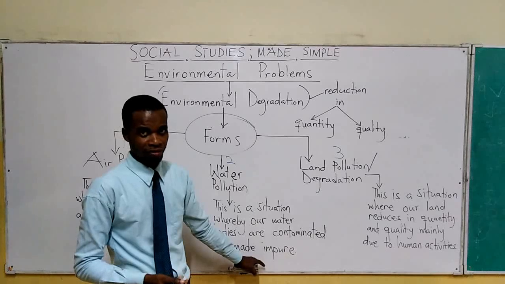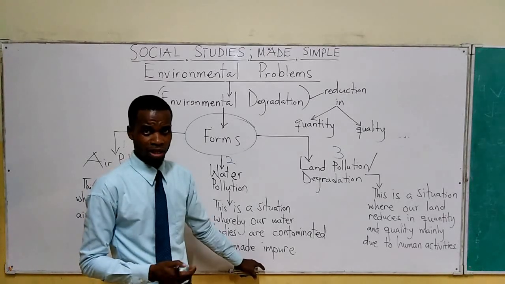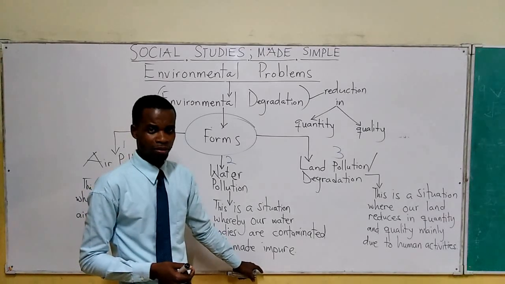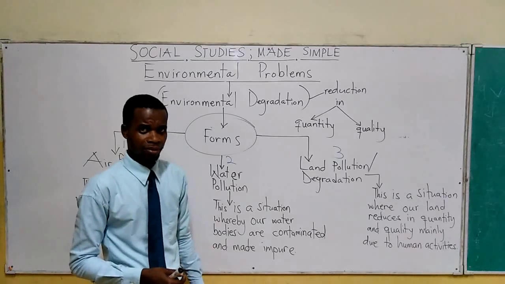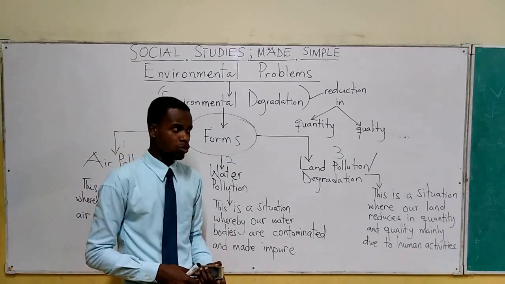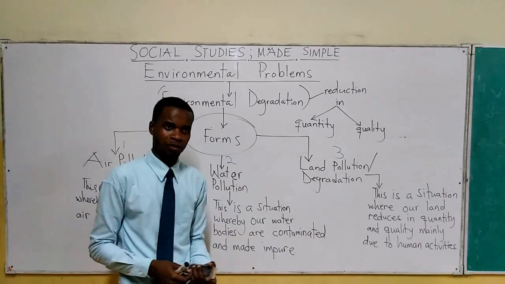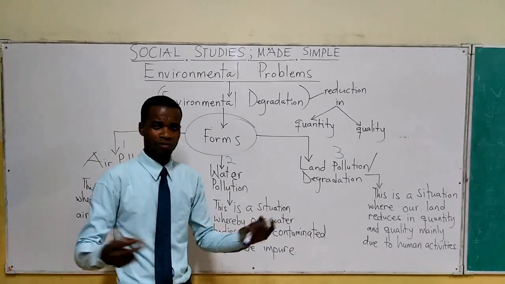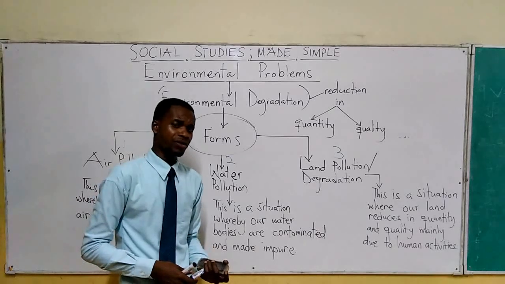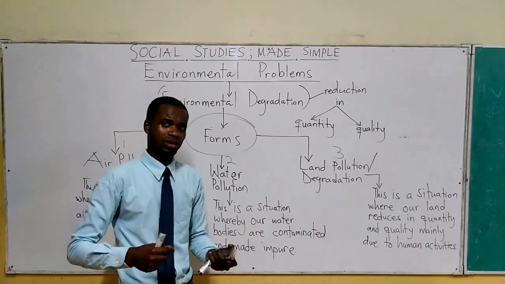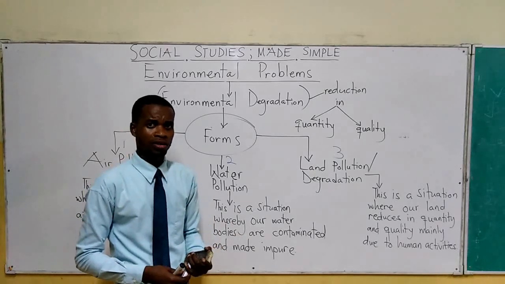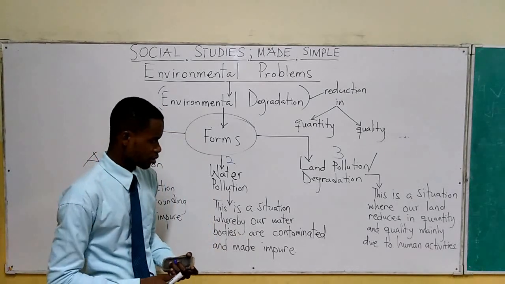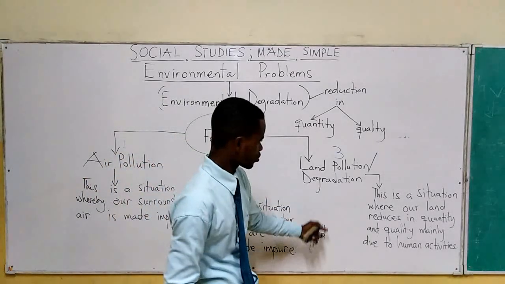And we know how water is useful. People depend on these rivers for their domestic activities. They use them for washing, bathing, and at times they drink them. Even we in the city who don't go to fetch water from these rivers and use them for cooking and other things, we know very well that these rivers are to be tapped and be purified for us to have water supply. Good.